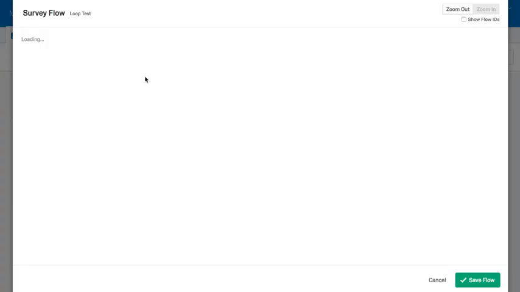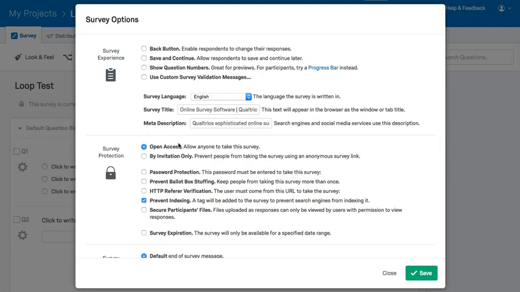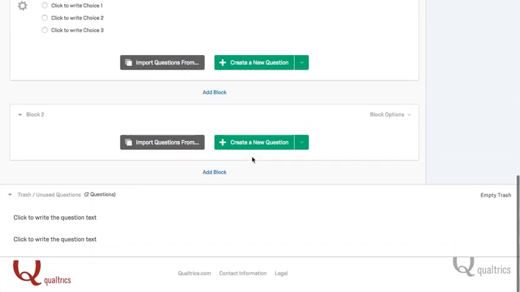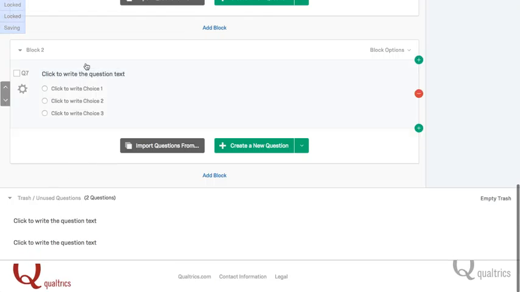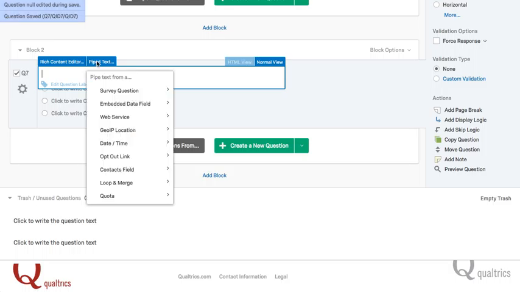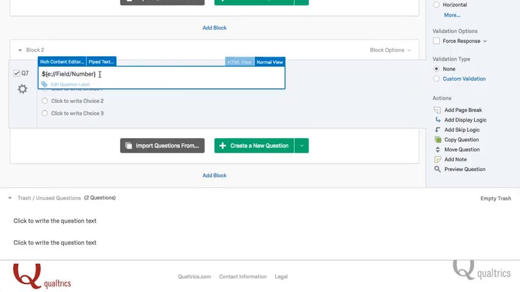And then say for example I want to set up a custom end of survey message. I would go in here and do custom end of survey message. For now I'm just going to add it down in the very last question of my survey. So I'm just going to click into the question text. I'm going to go to pipe text and go to embedded data, and then I type in my embedded data field, which is number with a capital N because it is case sensitive. I'm going to click insert, and this will paste in that random number that they've been assigned,